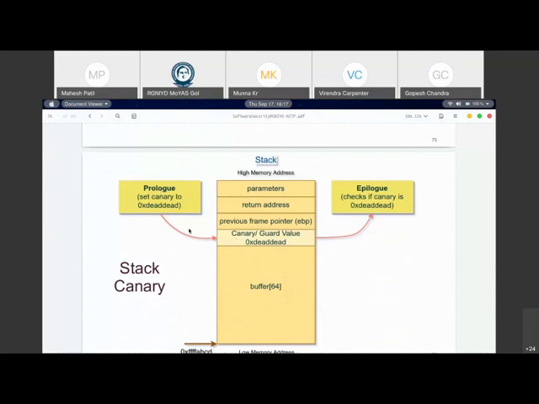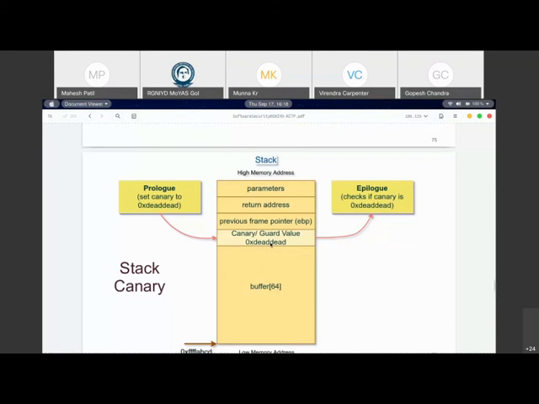Prologue is nothing but whenever you call a function, the compiler inserts code which does some additional functionality. In this case, when you enable the canary, it inserts a random value just between the buffer and the return address. Can you see? It has inserted one random value over here.